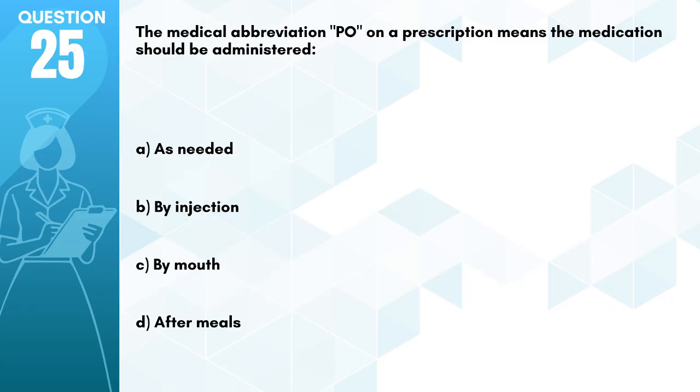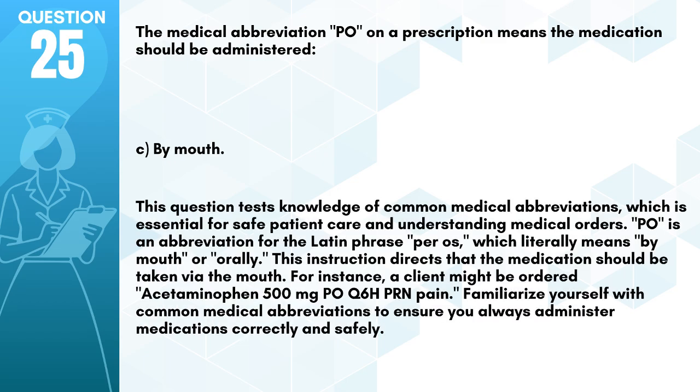Question 25. The medical abbreviation PO on a prescription means the medication should be administered. A. As needed. B. By injection. C. By mouth. D. After meals. Answer: C. By mouth. This question tests knowledge of common medical abbreviations, which is essential for safe patient care and